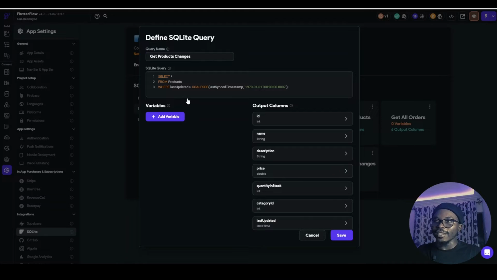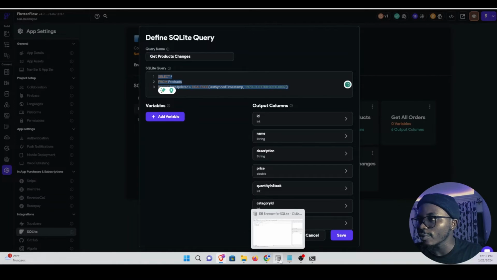So what it takes in, no variable, then it returns these various columns. So what it does is it says select from products where last updated is greater than last seen timestamp. Anyways, all of this code, I had it because I realized that just simply equating. Let me demonstrate it here. So take for example,